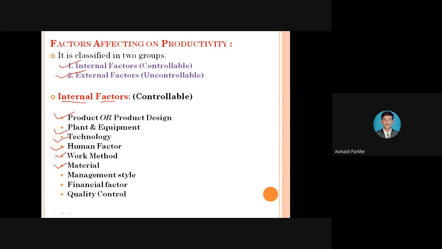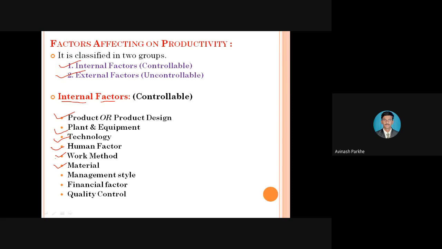If raw material is not present in the industry, it is not possible to use those particular equipments. Standard equipments are available, skilled operators are available, standard CNC, standard VMC machines are available, but raw material is not available in the industry. What is the use of the standard machines? What is the use of the skilled operator? What is the use of CNC VMC? So your material also plays a very important role.